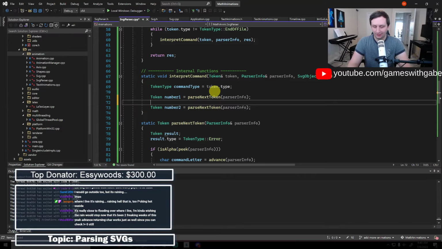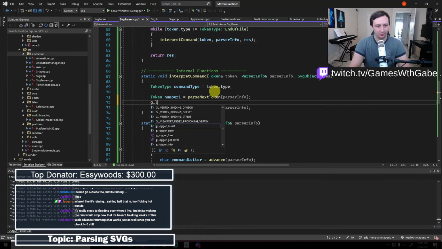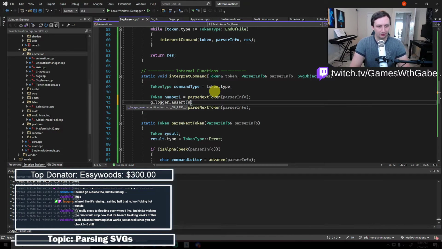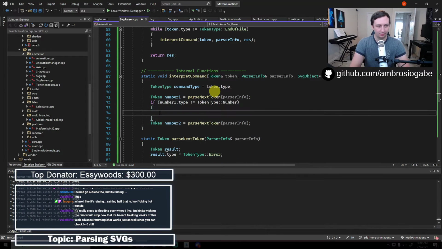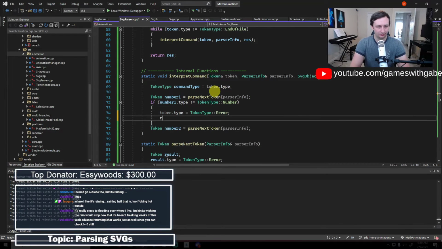And I guess what I basically just want to do is like say glog or cert number 1, or I guess we don't want to do that. If number 1 dot type does not equal token type number, then we want to say token dot type equals error return. Yes, okay.